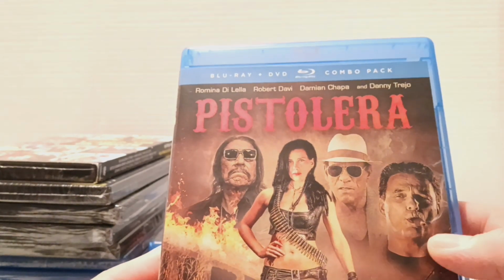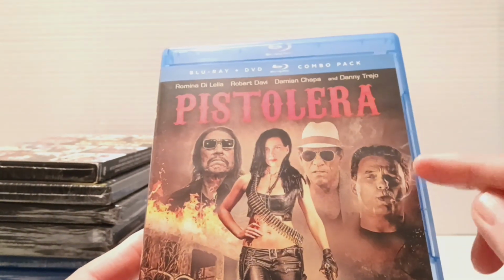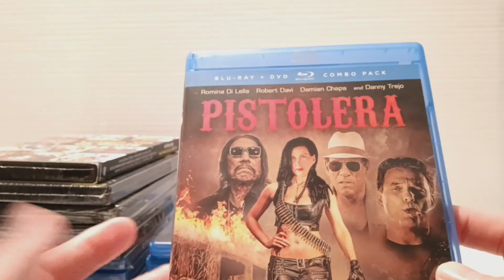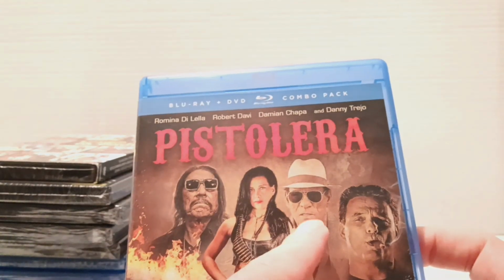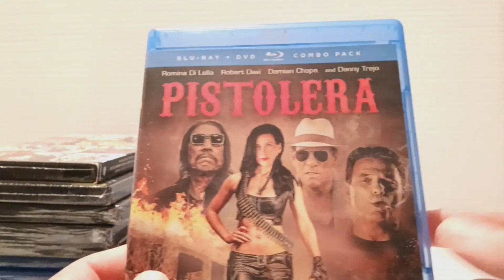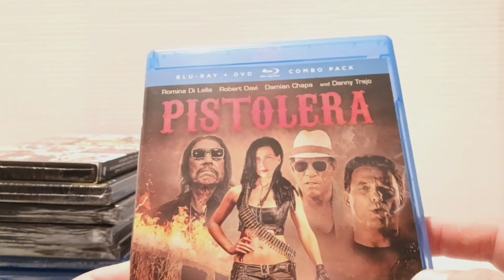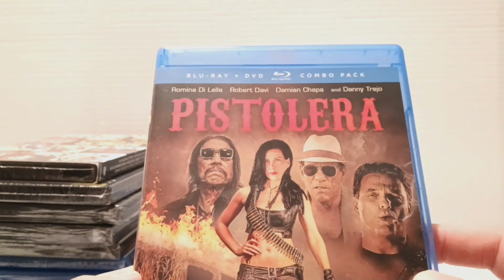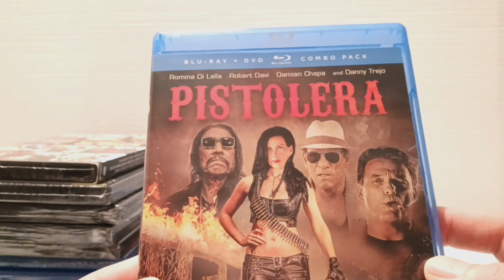Next one up, what sold me on this one was the actor Damian Chapa. This was the first film that he directed, and it's got a nice cast. It's got Robert Davi, and Danny Trejo in it. For those who don't know who Damian Chapa is, he's an actor who was famously in Blood In Blood Out as Miklo, and this is